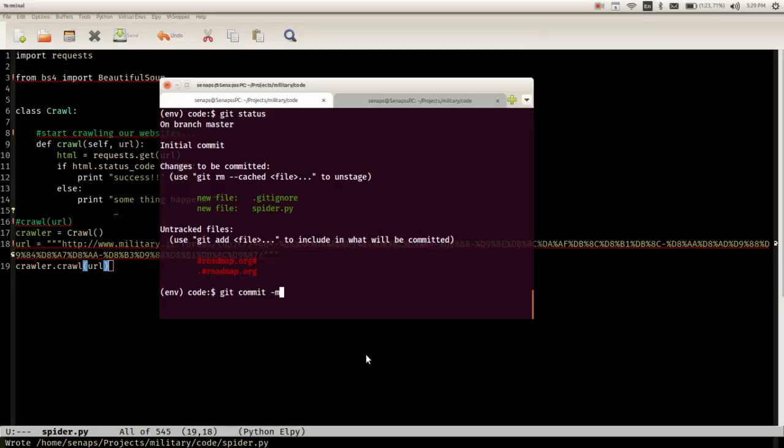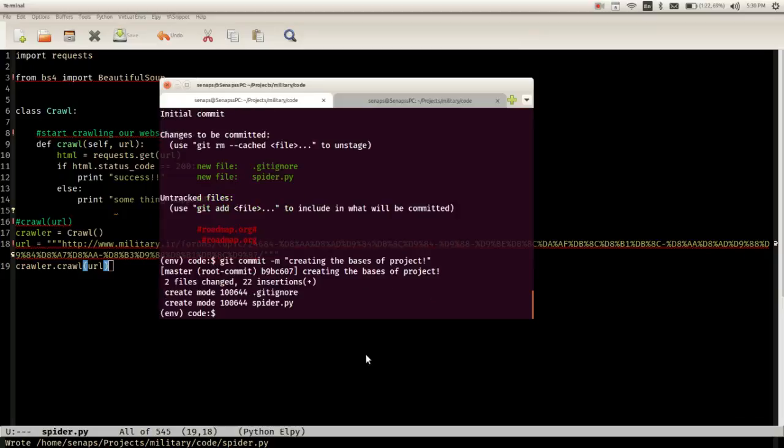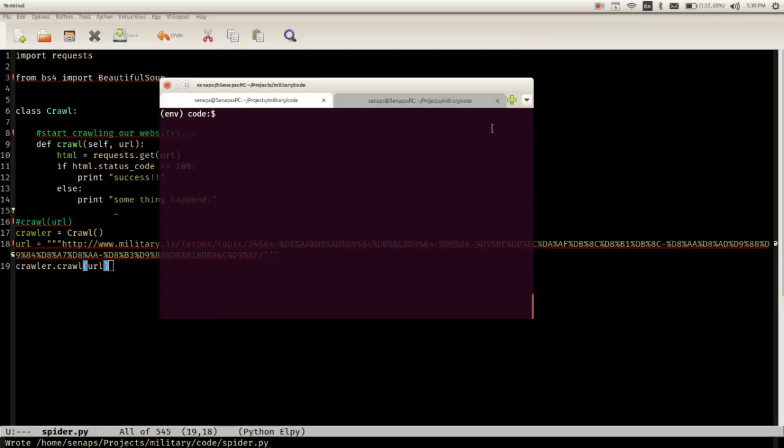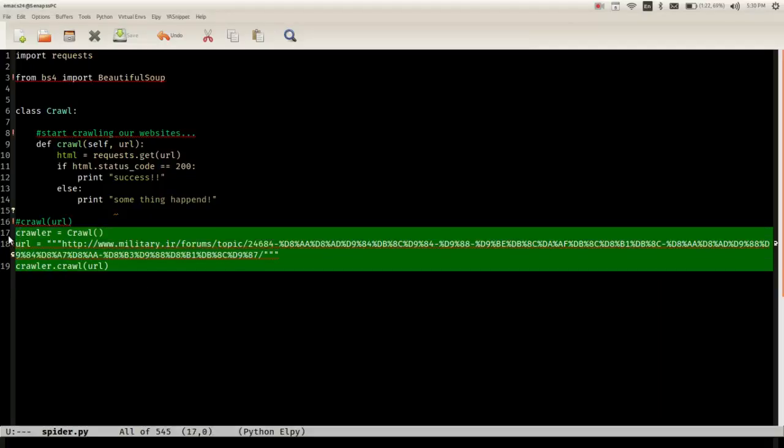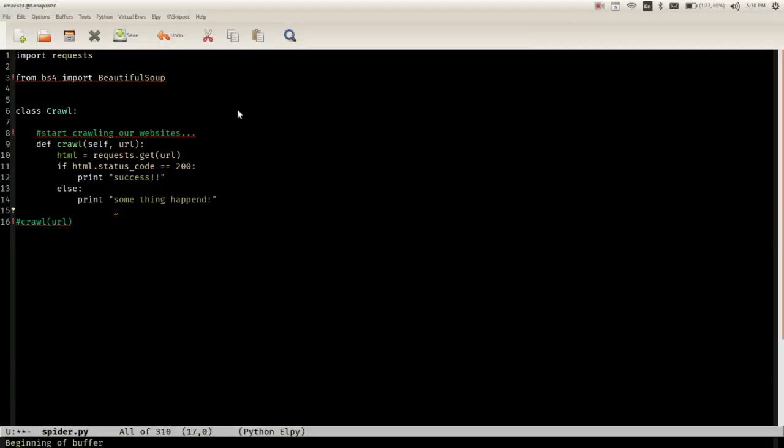-m, and well, up until now, just what we have is creating the basis of the project. Well, okay, so we have this up until now, and then well, just let's delete all of this. So I don't want to do that. I hope I remember how to create an instance. So let's just